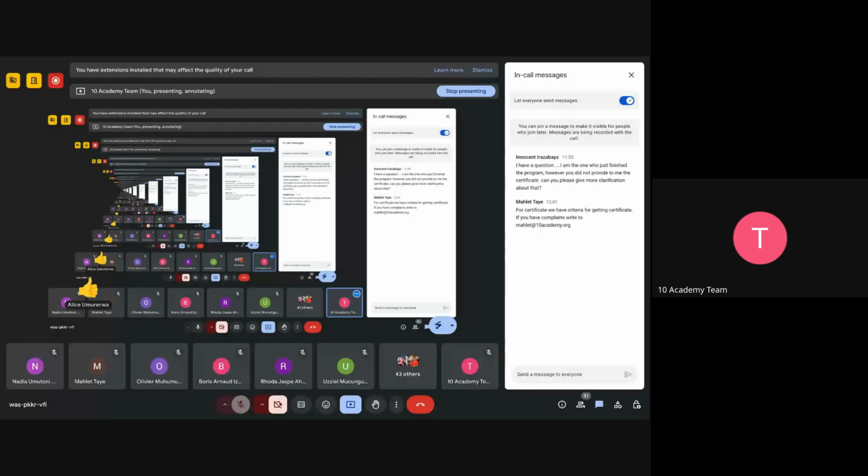Okay, in that case, let's get started with the second part of the session. But before that, since we need to separate the sessions, let me just start the recording right away so that we can identify which